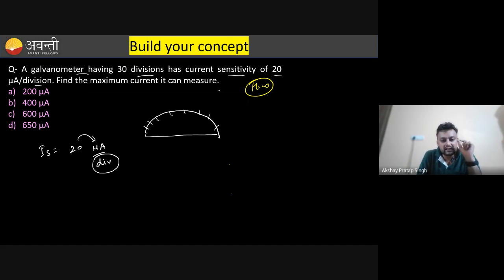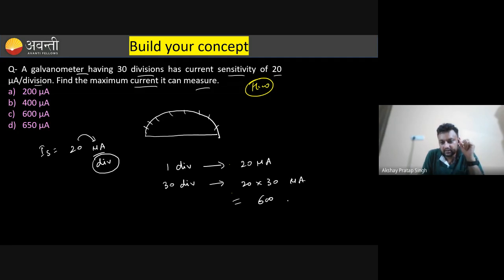Now, how many divisions are there? 30 divisions. So find the maximum current. One division is deflected by 20 microampere. Then for 30 divisions, how much current is required? You will say 20 into 30 microampere. So that will be 600 microampere. That's a very easy and very good question to understand the concept. Clear? And this current that I am talking about, the maximum current in the galvanometer that we can read, is